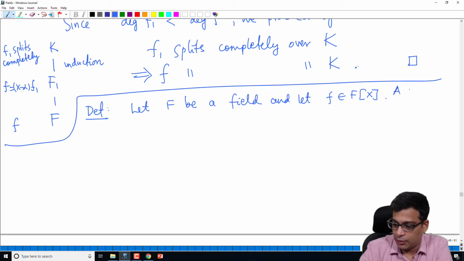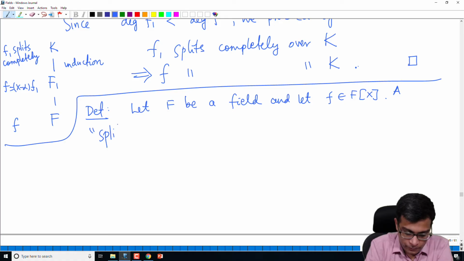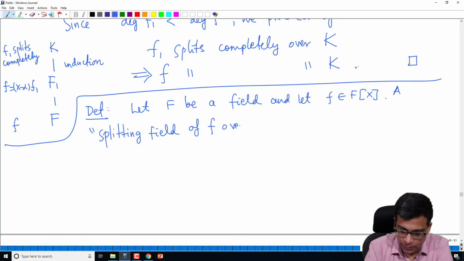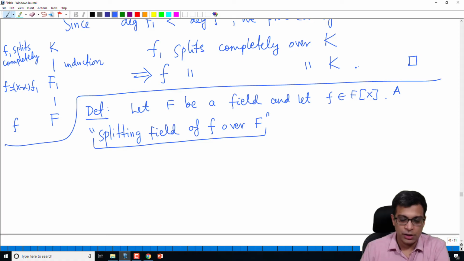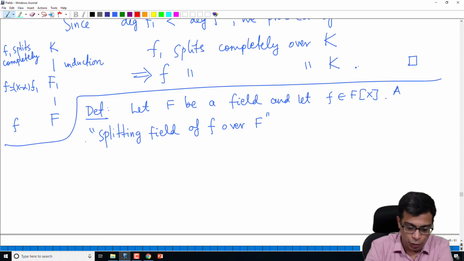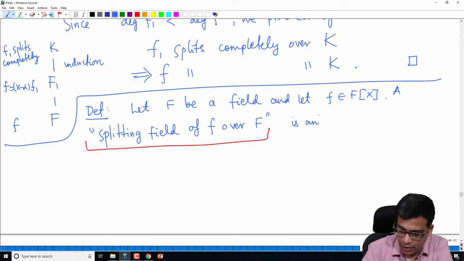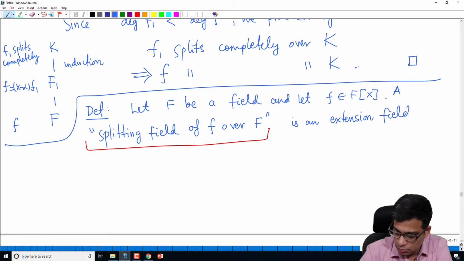A splitting field of small f over capital F. Again, this entire phrase is important for us. A splitting field of small f over capital F is an extension field K of F